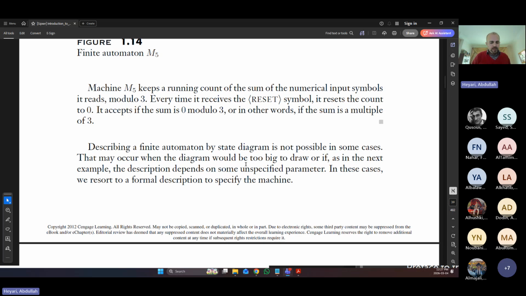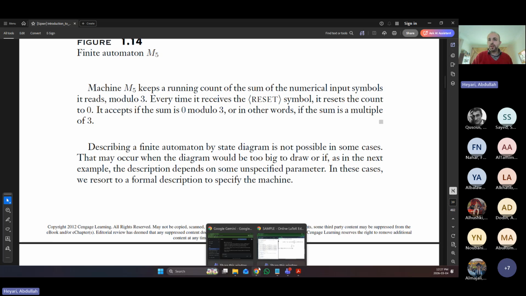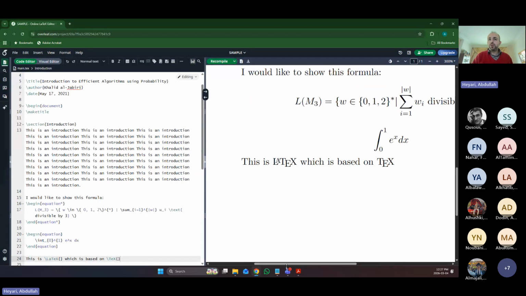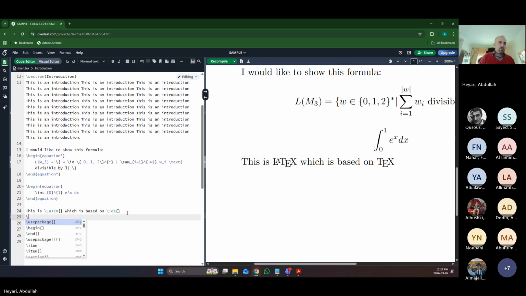So that was the expression of the language I wanted you to see. And by the way, just let me show you more stuff, just to elaborate about what language is accepted by this machine. So, strings accepted by machine M3 are